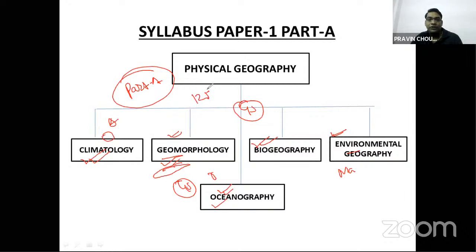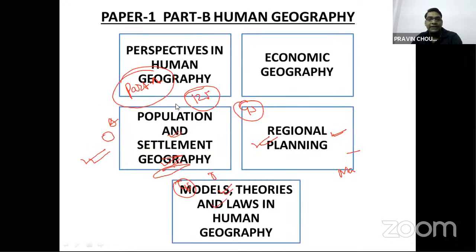This will be for 125 marks. I will also discuss the question paper here, what kind of questions come, how many answers you have to write, and what types of questions come. I will discuss everything in today's session. So this is part A where 5 subtopics are there, and then part 2 of paper 1,